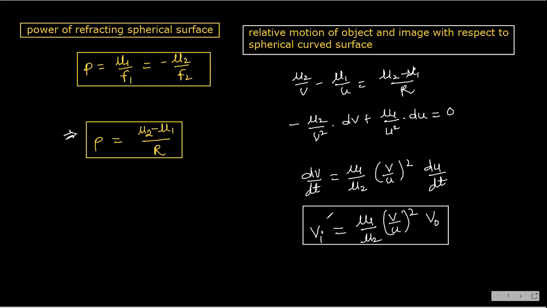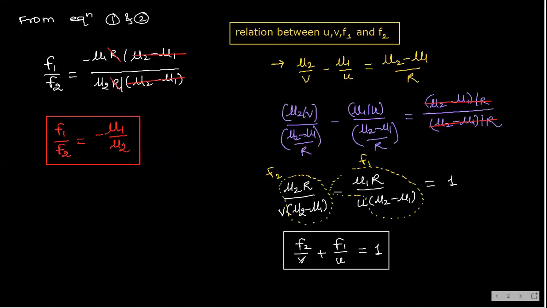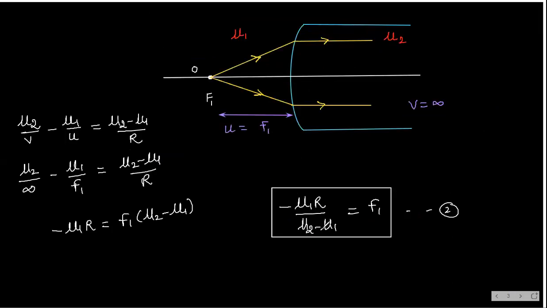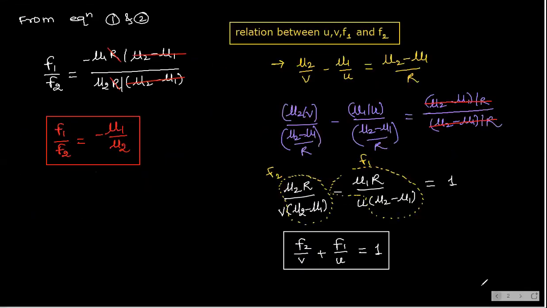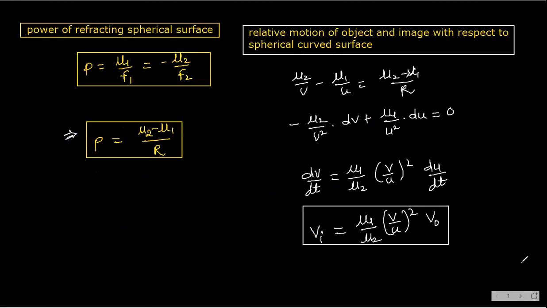Next is velocity of image when the object is moving in front of a curved refracting surface. Next one, this relation between F1, F2 and V and U. This is the relation between F and refractive index. Then here F1 values, F2 values. Understood? So these are the topics which we have learned today. Just revise this, because on this you will get some problems again. Understood? Okay.